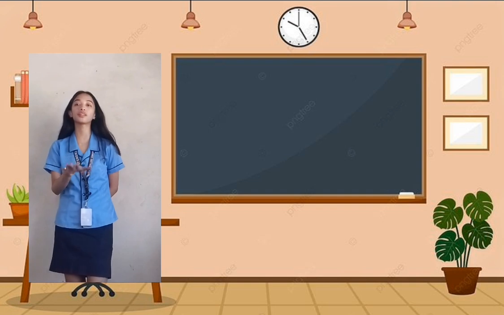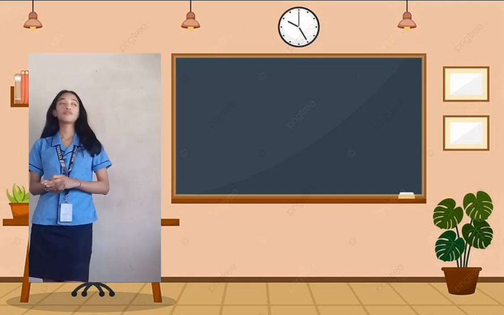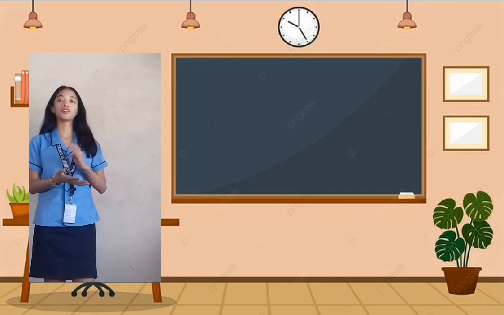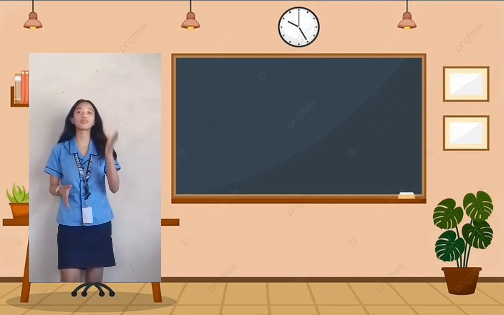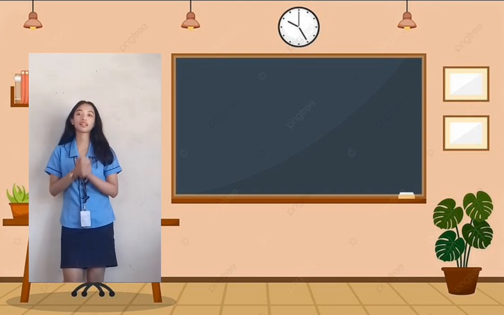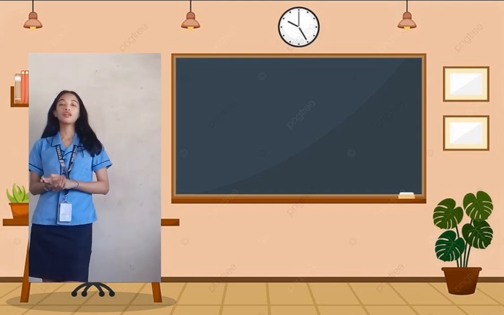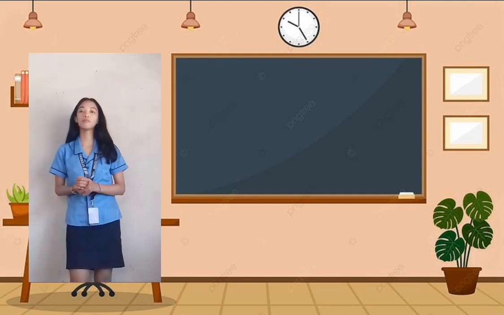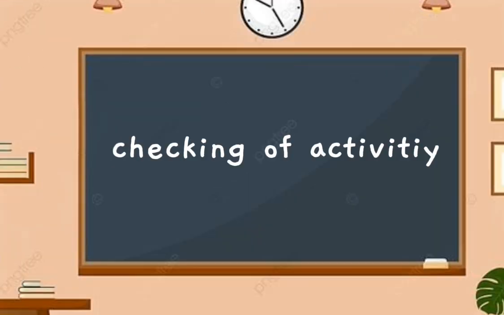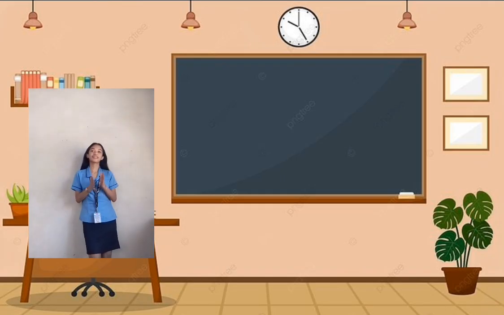And now please get your notebook, the KWL chart. Yes, very good. And fill up the what I have learned section. So you have to put there what you have learned today from our discussion. Is that clear? Okay, very good. And I will give you 3 minutes for that. You can start now. Time is up. Please exchange your paper with your seatmate. You did a very great job today, class.